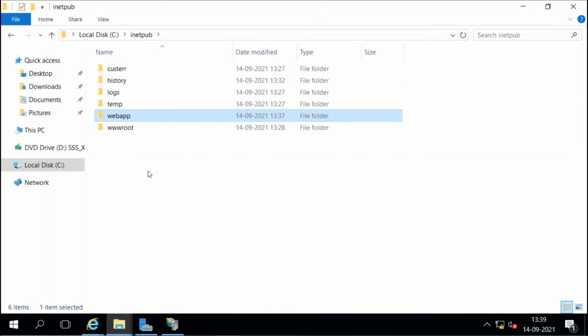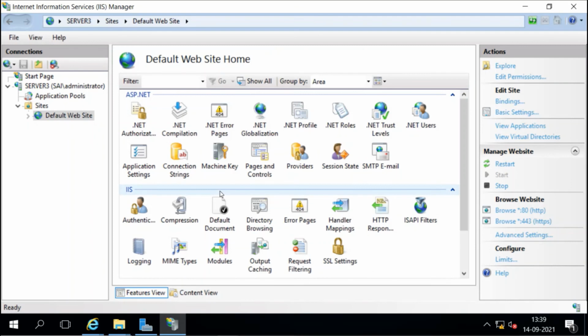This is going to be our web application, and this is the web application directory. So I will go to IIS and I will configure the IIS server for this. First, I will right click on this. I will select the application pool first,